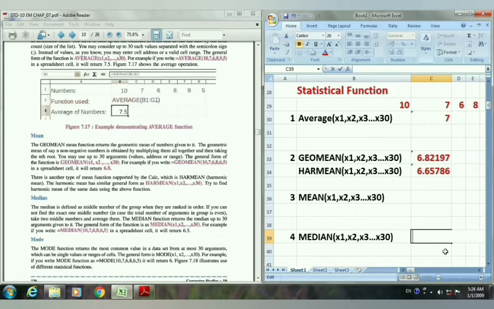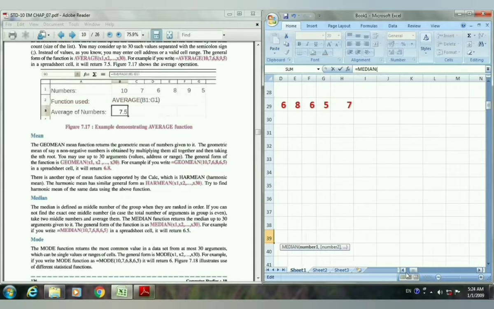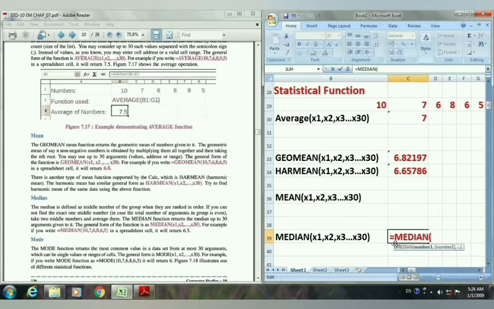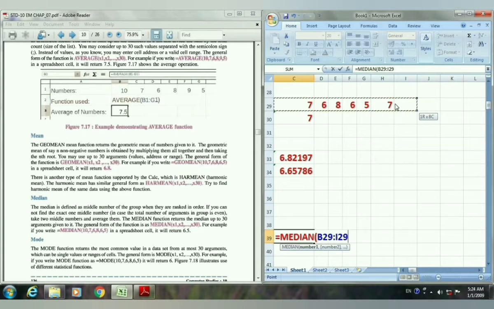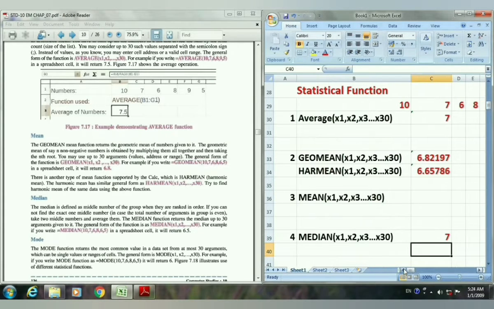Equal, median again, and then provide the cell range. Then close the function bracket and press enter. Now you can see that the median value is 7.